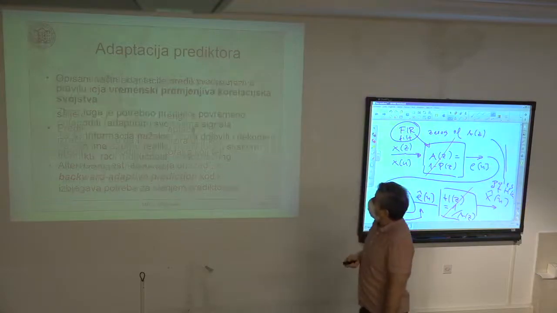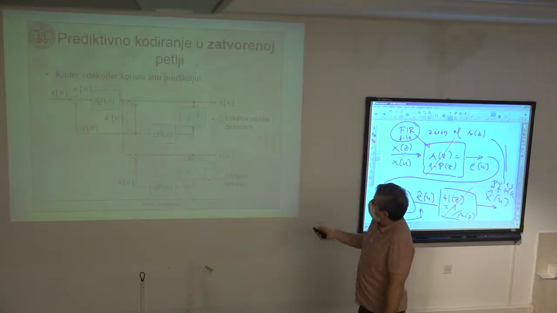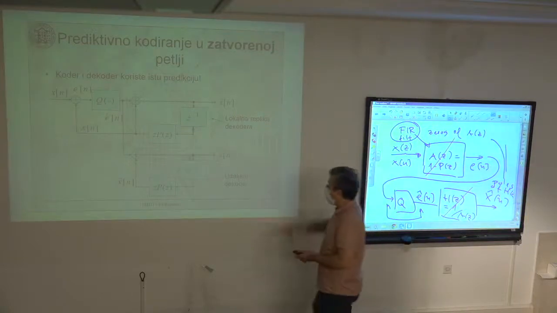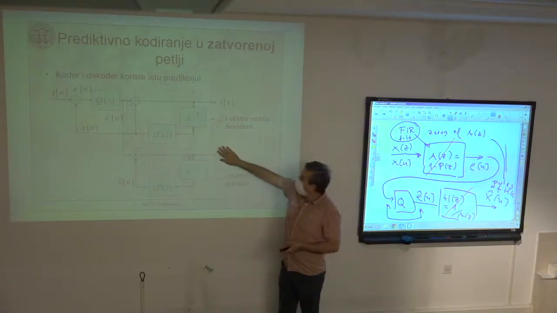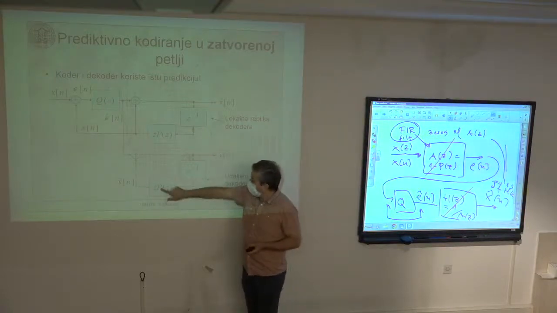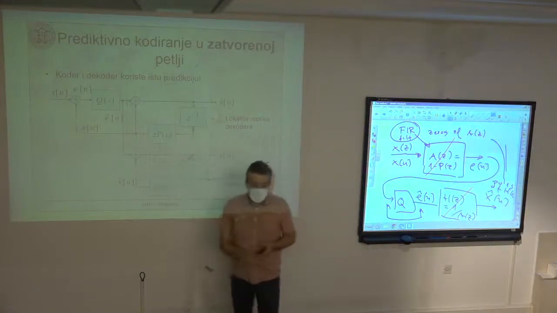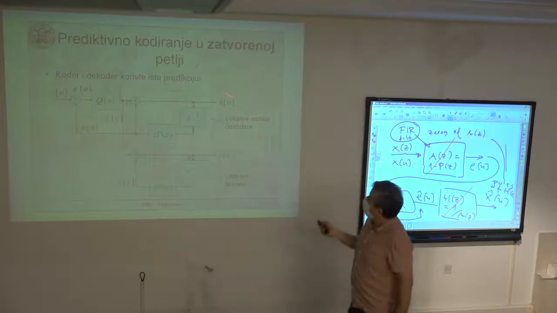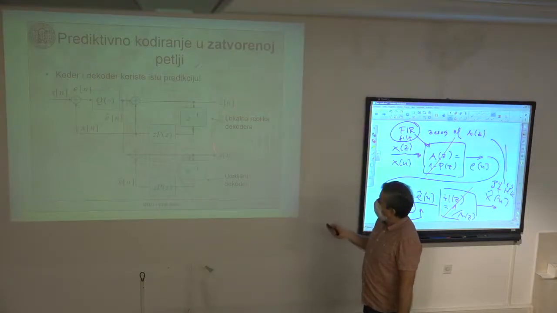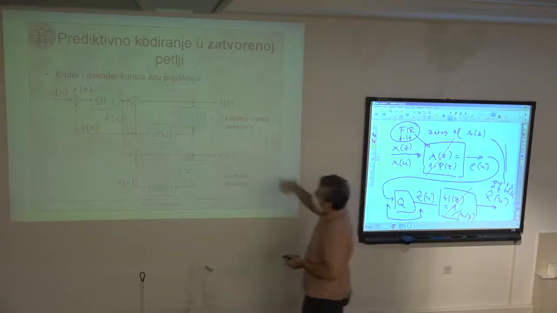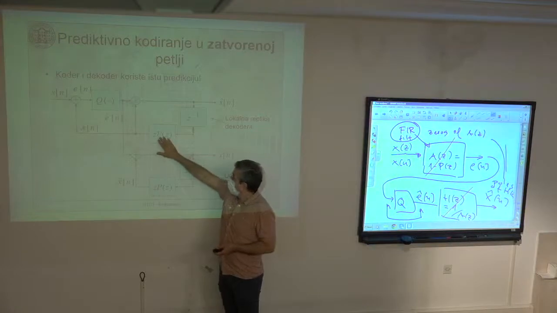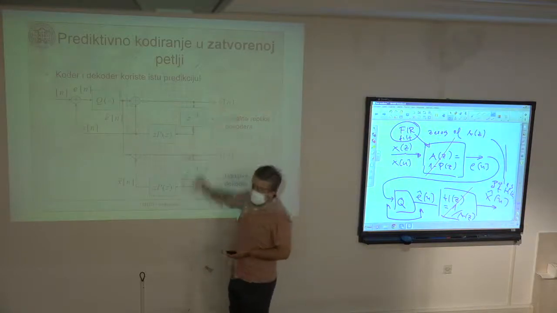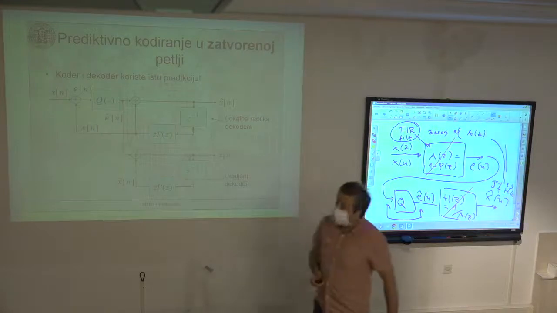So I compute the correlation statistics from x hat. And based on this x hat, I will recompute the optimal prediction values for P of z on both sides. Since both sides have a local replica or a remote replica of x hat, both sides can recompute or adapt the values of the prediction to the correlation properties of the signal. And that is okay